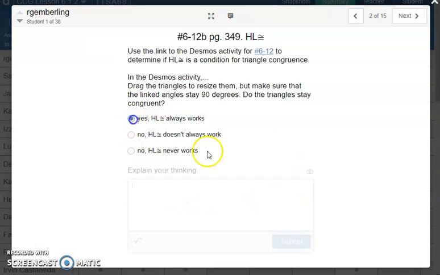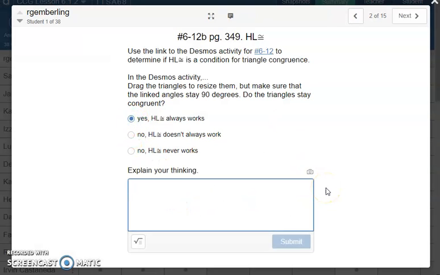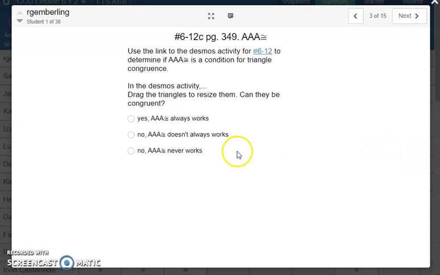So this one here, we're getting the same situation that we did in the previous problem, which was the side problem. And with hypotenuse leg, we can also go one step further. Because of the Pythagorean theorem, we could actually solve for the third side, and that actually makes a side situation in both triangles. So sometimes using our previous rule can also be a great support for why another rule will also work. For angle, angle, angle,